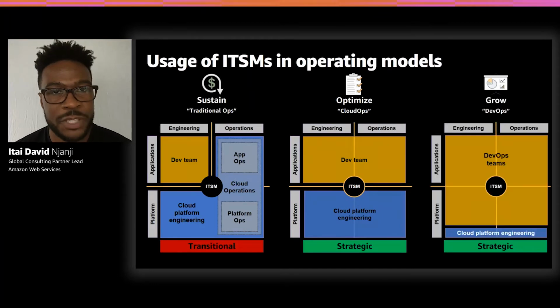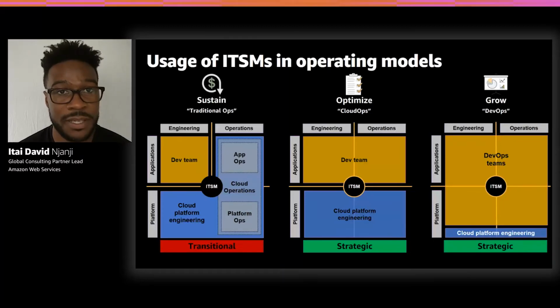So this pictorial view really shows the three operational models that our customers sometimes use. On the far left, you see traditional operations, where there is division between developers and operations teams. As we move to the right, you have Cloud Ops to DevOps, where you build it and you run it. The key important thing to note on this slide is that an ITSM2 is within each and every